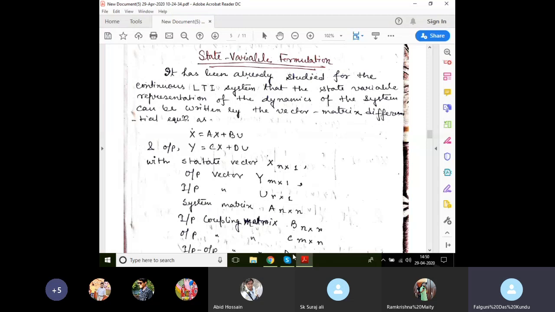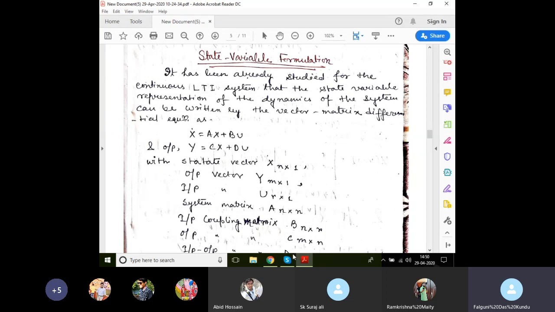We have already studied for the continuous LTI system that the state variable representation of the dynamics of the system can be written by the vector matrix differential equations as x dot is equal to Ax plus Bu,